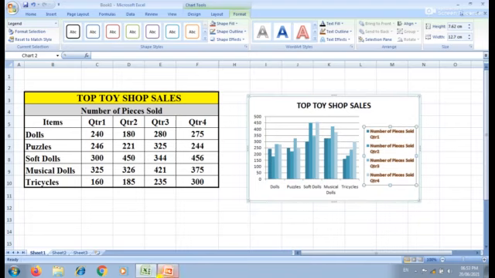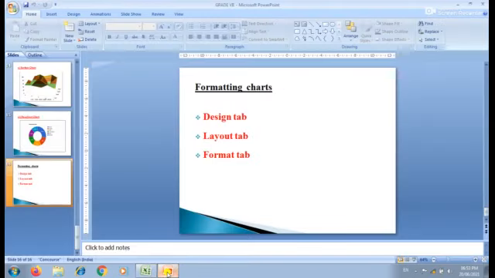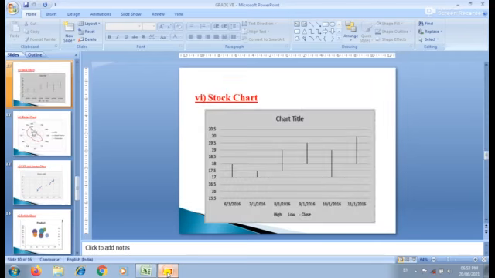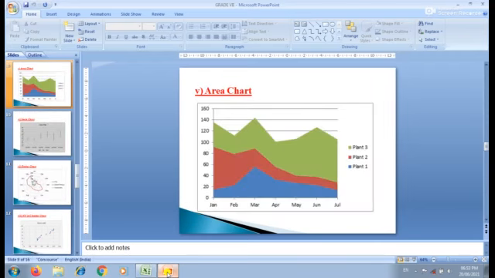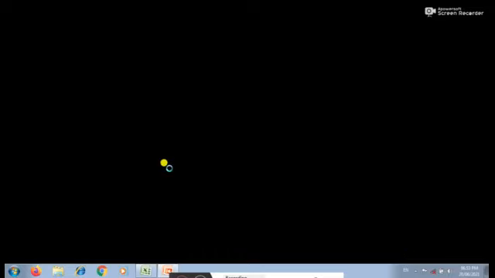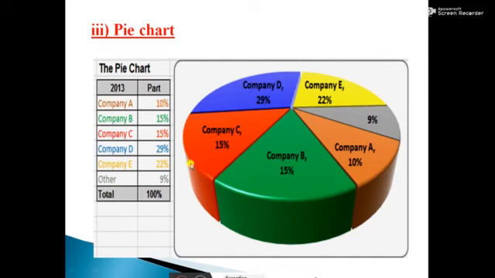Is it clear, student? So what are all the concepts we have seen in this video class? Chart in Excel. Then in the charts in Excel, we have discussed many subtopics. So what are all the topics we discussed? Elements of a chart, and then types of chart, then creating chart, and formatting a chart. Okay. At last we discussed printing worksheet.